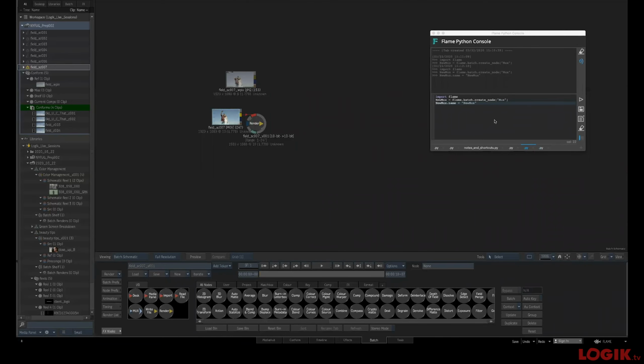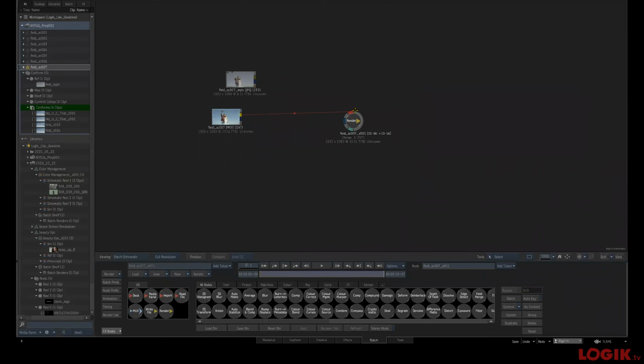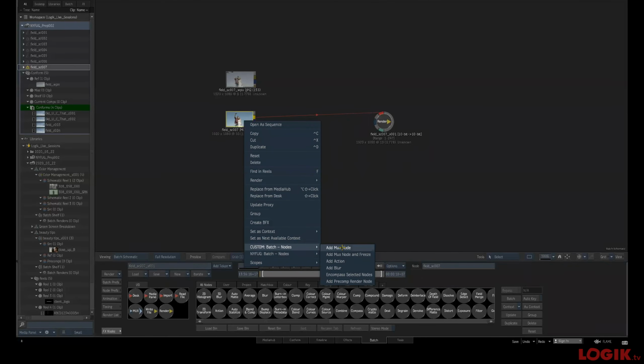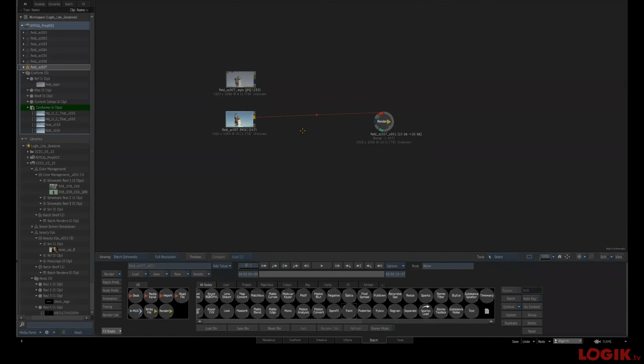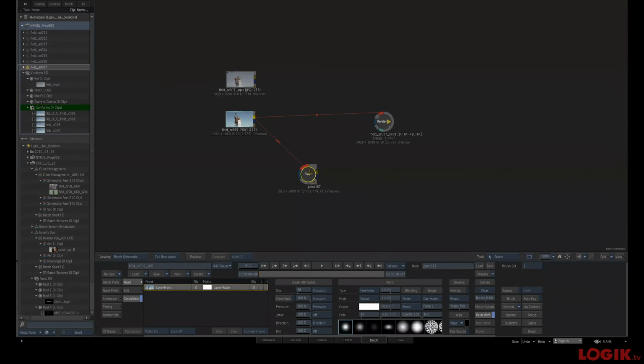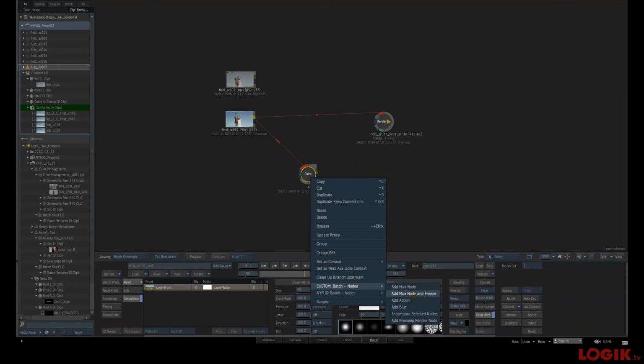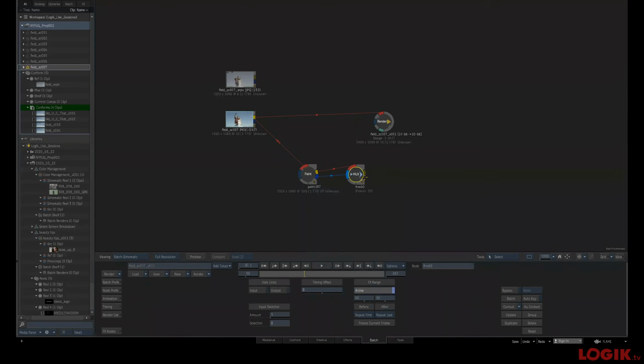Obviously, I've just showed you the very basic of this, but what you end up doing, at least the way I approached this, was like, what am I doing a million times a day? And how can I get the machine to do it for me? So I have a command here that will just create a mux, okay? And it automatically connects it to the thing you had connected before, right? How many times have you painted something and then said, oh, I need to freeze this at frame 90? Well, I made a mux called add mux node and freeze, all right? And so it freezes the mux at frame 90, it connects the front and back, and then